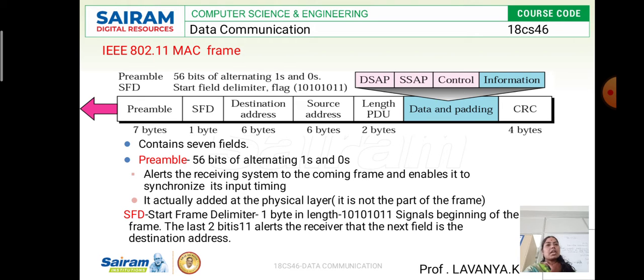And the source address depends on the source link, or the source path. Based on that they are going to do the transaction. Then what is the length of the PDU? See, the length of the PDU,